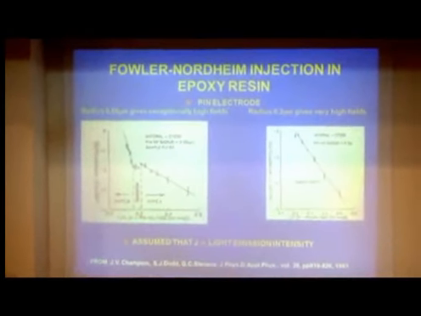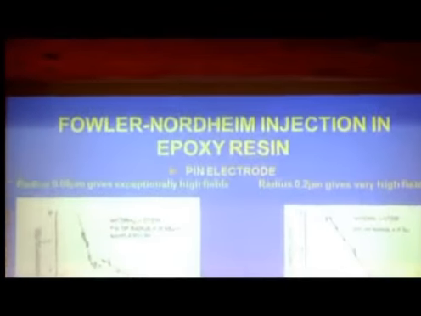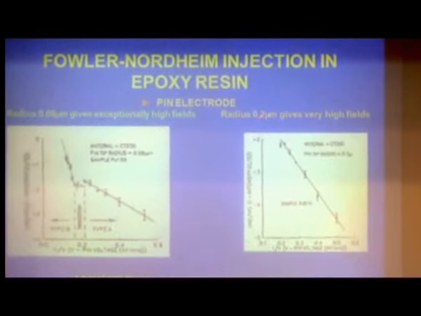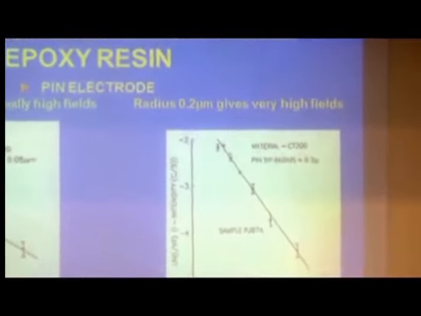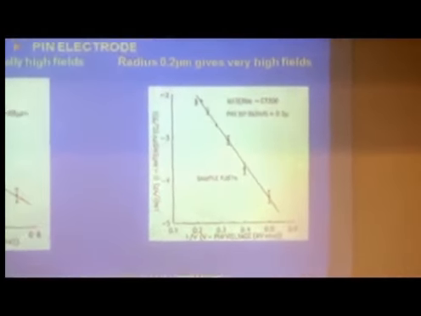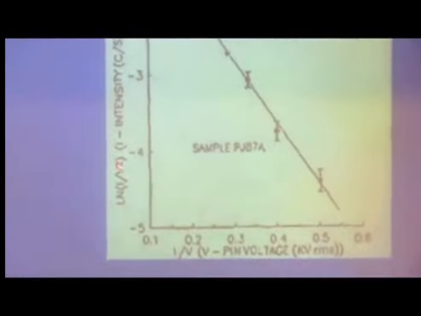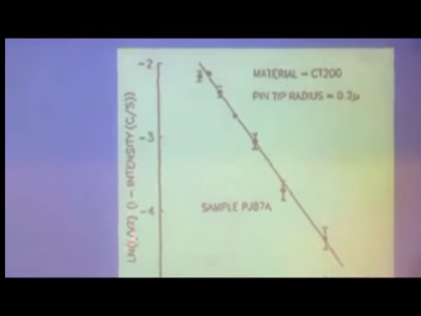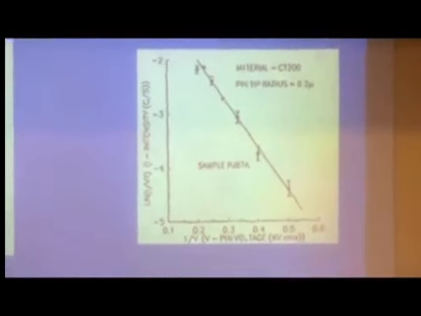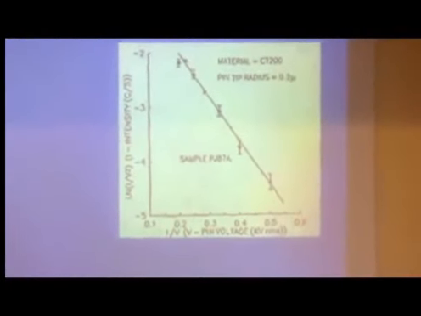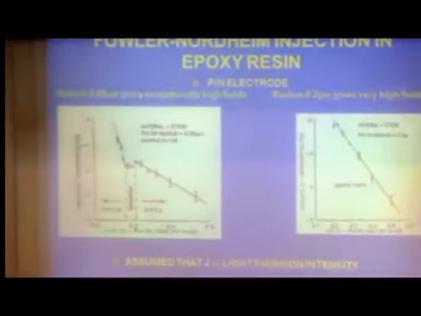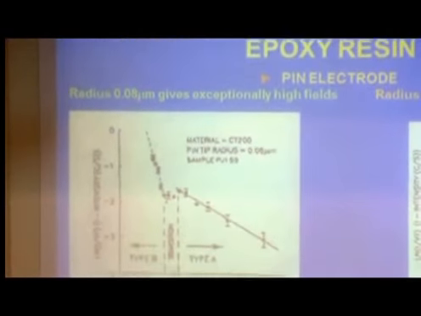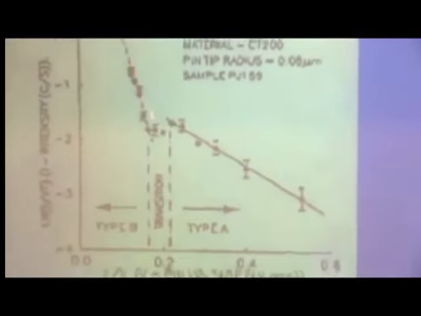We have evidence of Fowler-Nordheim injection in epoxy resin. Here the pin radius is very small, in this case 0.2 of a micron. The fields are really very high. Again, we're taking the log of the light emission rather than the log of the current density, dividing by the square of the voltage, and it should be proportional to 1 over the voltage, as we have here. In this case, the pin needle has an incredibly small tip, 0.8 microns, and you find 2 regions obeying the